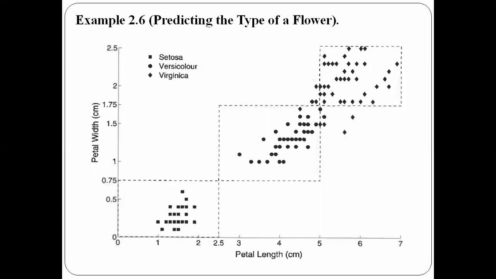Using the values of this given data set, I want to check whether the given flower is setosa, versicolor, or virginica. I have a data set here that contains 4 attributes: sepal width, sepal length, petal width, and petal length. Now I have to predict to which species this flower belongs.